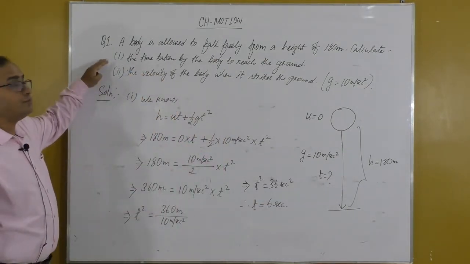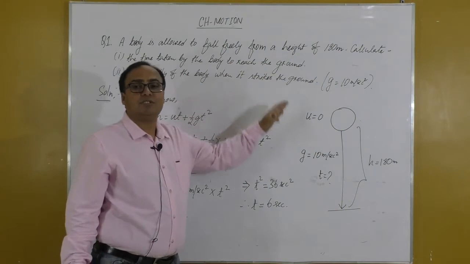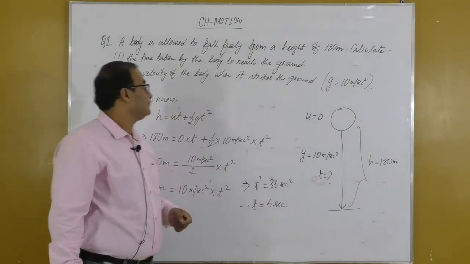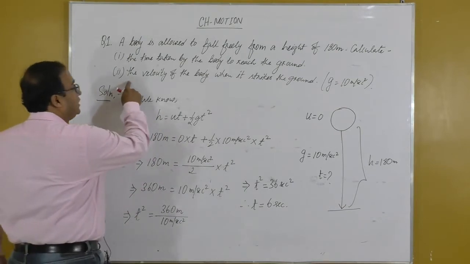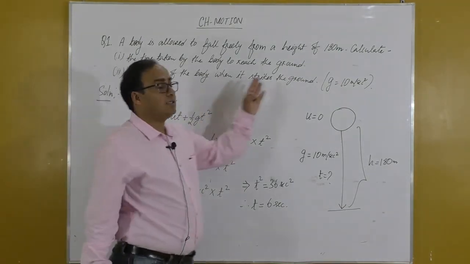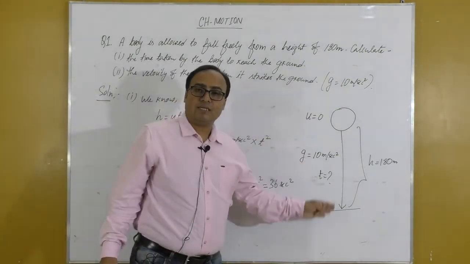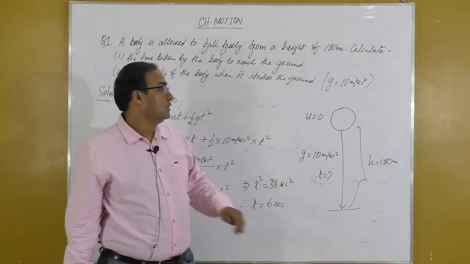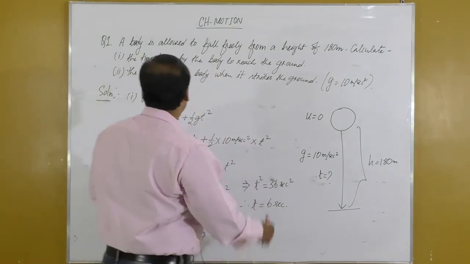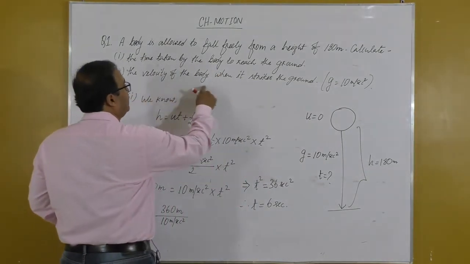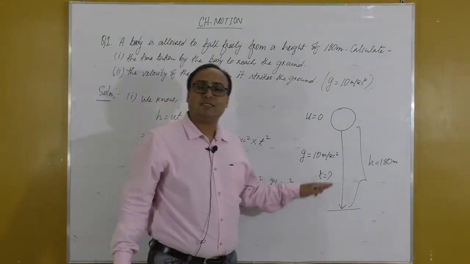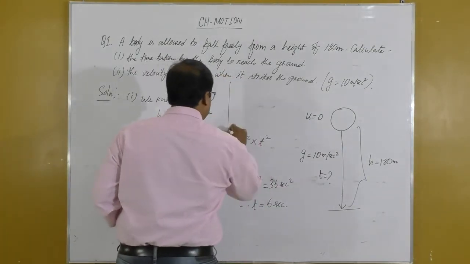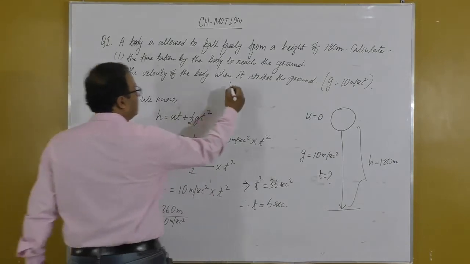First part में हम लोग को पूछा गया time taken by the body to reach the ground. The time taken by the body to reach the ground is 6 seconds. Now in the second part, the velocity of the body when it strikes the ground. जब ये body ground को strike करेगी तो strike करना नहीं है, just before touching the ground. So velocity क्या होगा? क्वेश्चन में बोला गया द वेलोसिटी ऑफ द बॉडी व्हेन इट स्ट्राइक्स द ग्राउंड, एक्चुअली इट इज जस्ट गोइंग टू स्ट्राइक द ग्राउंड। सो इन दैट केस सेकेंड पार्ट में यहां कर रहा हूं, थोड़ा फोकस कीजिएगा।